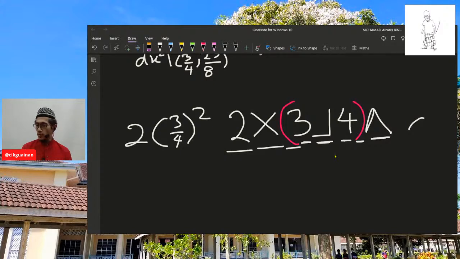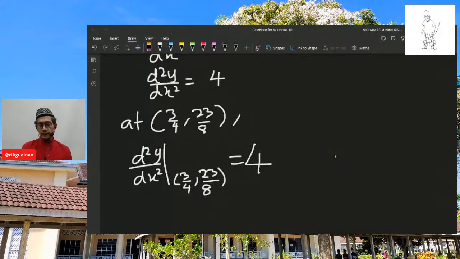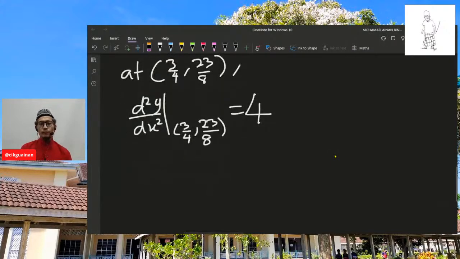Thank you so much for all your concern. It means that you are alert. Actually the Y value doesn't affect much. Over here, just now we know it's a constant function. Substitute anything, it is still 4. Now, is 4 greater than 0 or less than 0? 4 is greater than 0. Since the second derivative at that point gives us a positive value,